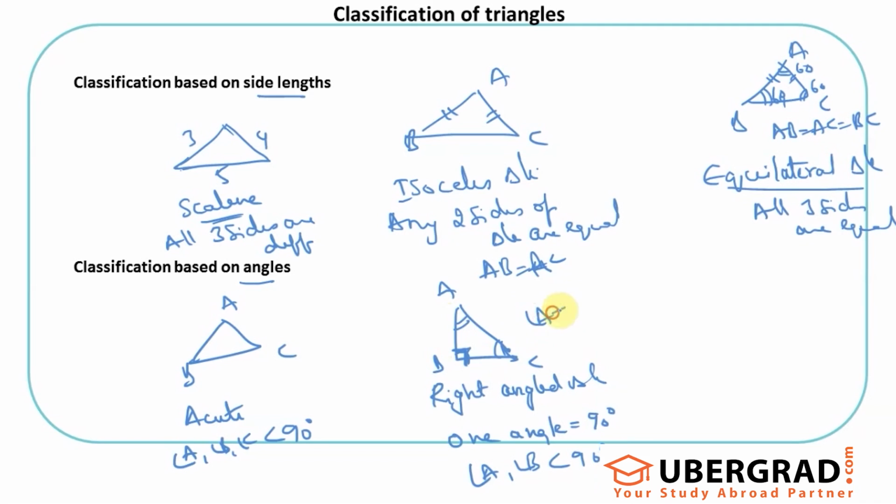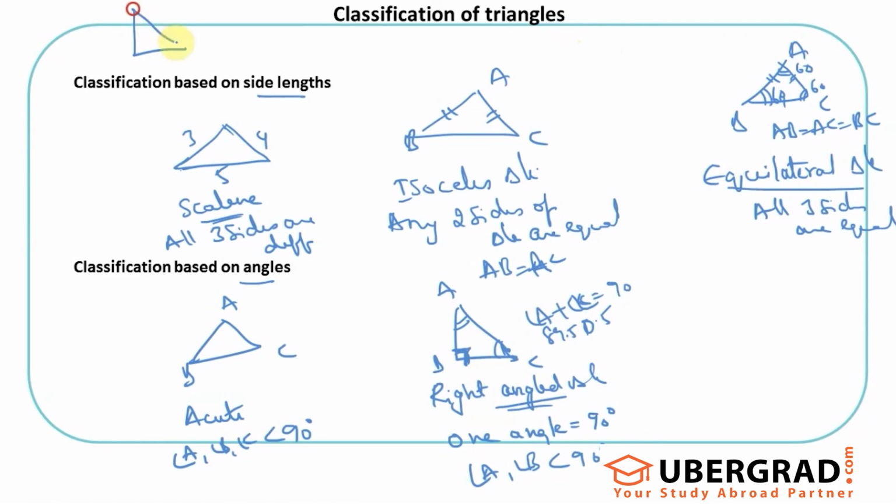That is, angle A plus angle C is 90. The max I can have is something like 89 and 1, or 89.5 and 0.5, for angle A and angle C. But I cannot have A or C being 90. If A is 90, then C has to be 0. So that is not a possibility, right? That's why. Another useful property for right angle triangles, which we keep using again and again,